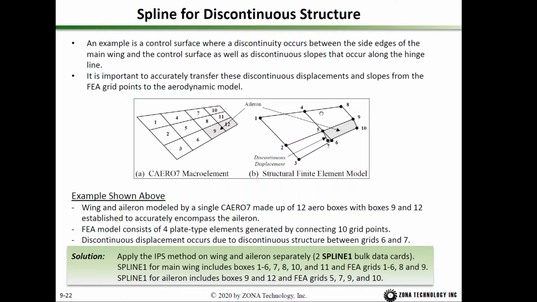For example, in this case, the structure grid points 5 and 9 are involved in the wing spline, and 5 and 9 are also involved in the control surface spline. Okay, so if the structure is discontinuous, you have to use more than one spline to account for the structure